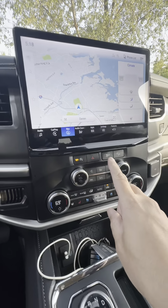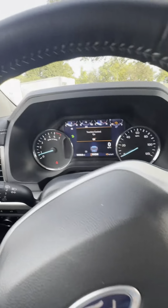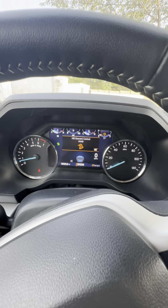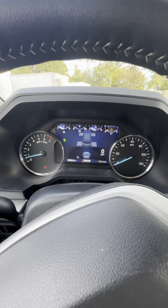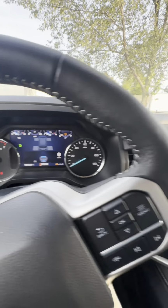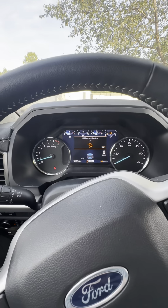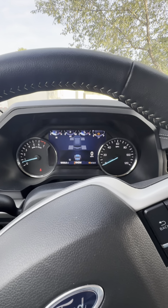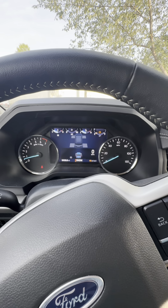And so back to over here, you have your hazards, traction control on and off, and then you have a hill descent control, it looks like, for here. So typically when you're going off road, that's what that would be for. It may be for in mountains too. Didn't try that on this short little trip today, but we'll go and turn that off. But basically it helps you control the speed, so you don't have to rely on your input of the brake as much. It will keep a very slow, constant speed for you when you are going down very steep or slippery downhill